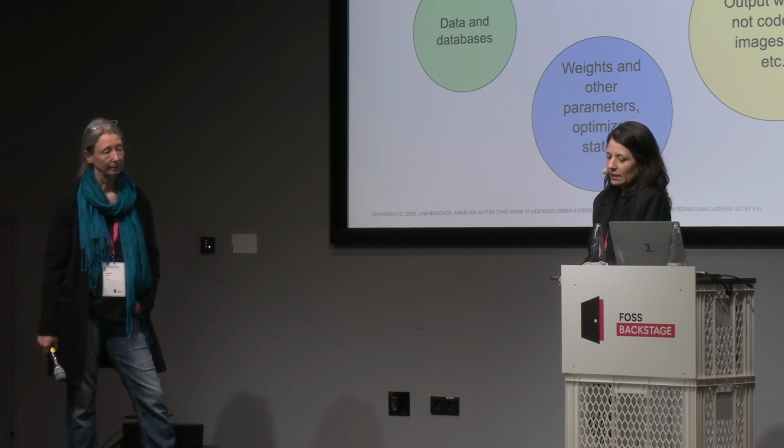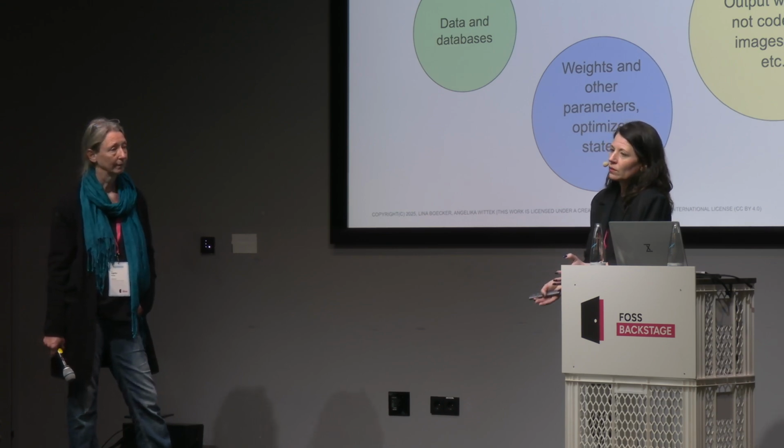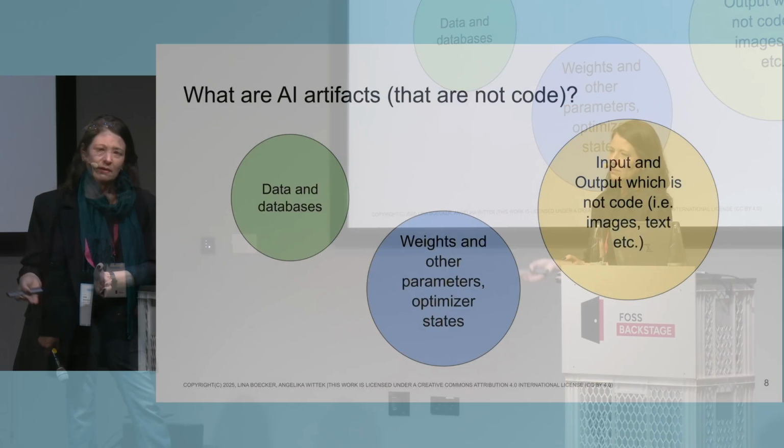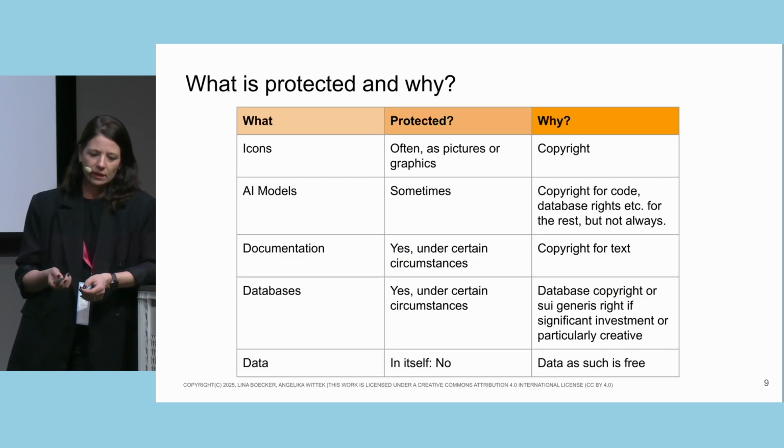It's the weights and other parameters that are used to keep the system working. And of course, it's the input and the output, which brings us back to Angelika's part, pictures, text, whatever you have. These are the 3 elements we would like to talk about when it comes to licensing,